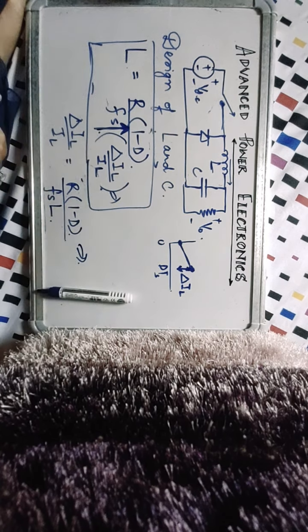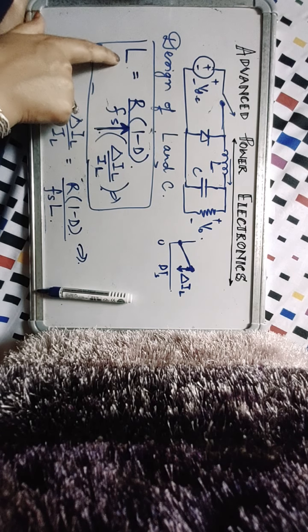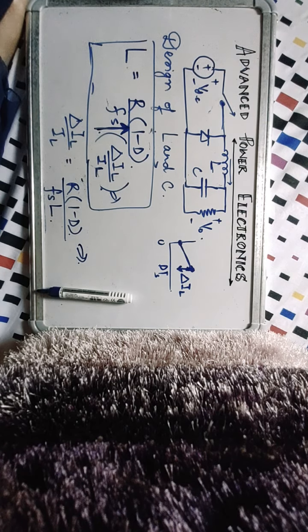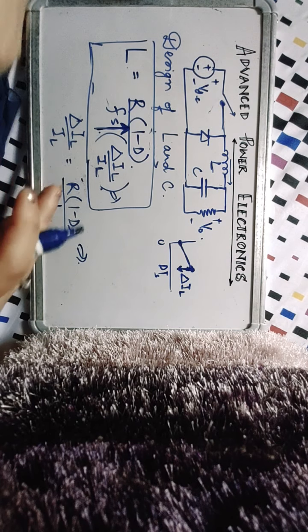So if you desire 5% ripple and you switch at 1000 hertz, you will have to use a bigger L. But for the same 5% ripple, if you switch it at say 20 kilohertz instead of 1 kilohertz, you will reduce the inductor size by 1 upon 20. This is essentially why you need power electronics. Because power electronics allows you to switch at very high frequencies, and that makes your size very, very